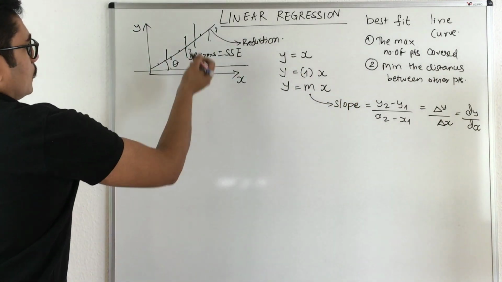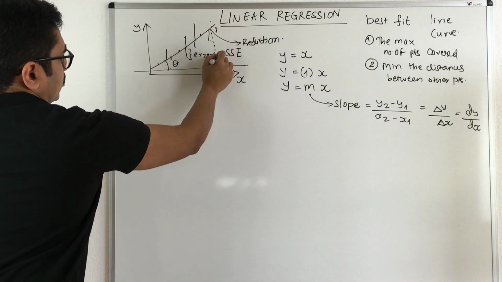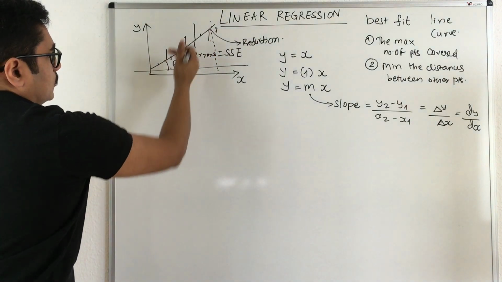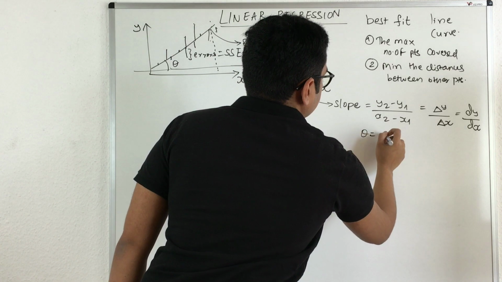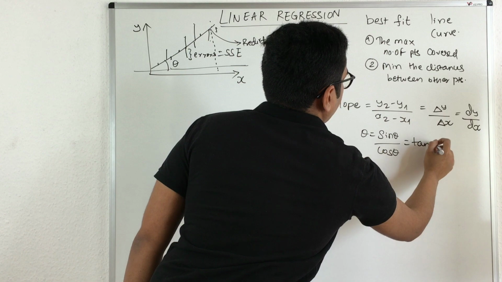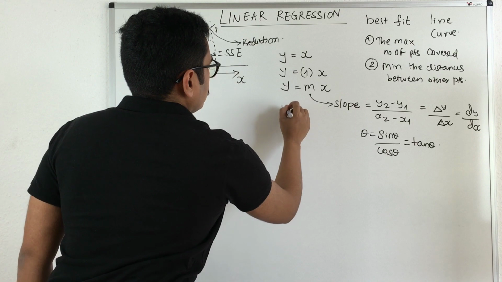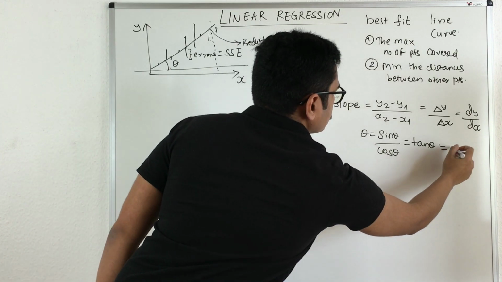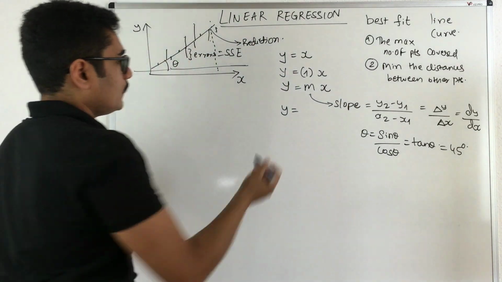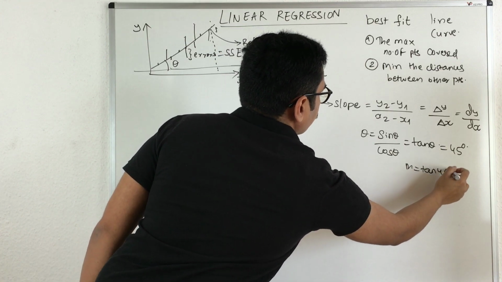Now if you look at a trigonometric approach, if you construct a line like this, this theta is nothing but opposite upon adjacent. So that is sin theta upon cos theta, which is nothing but tan theta. So if this value is 1 here, then your tan theta must be 45 degrees. So the theta value should be 45 such that tan of 45 is 1. So essentially your m, that is slope, is tan 45 degrees.